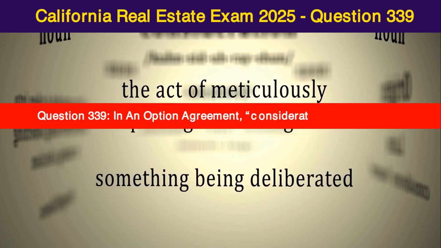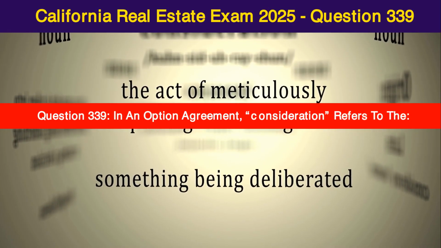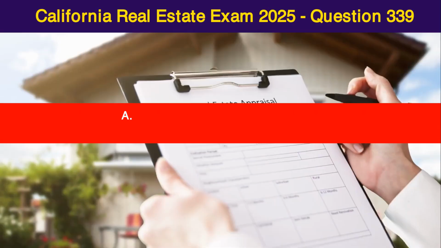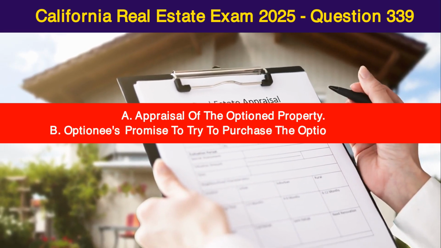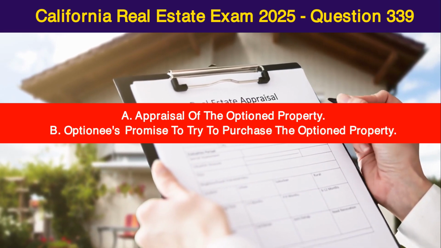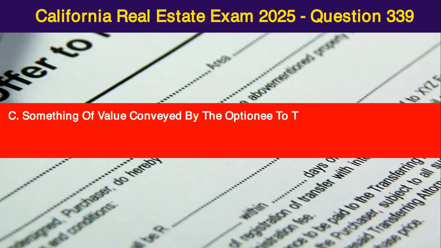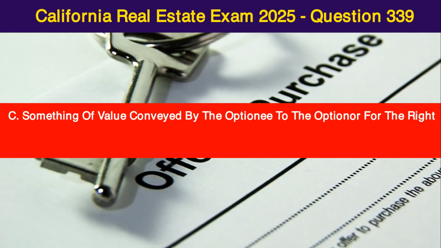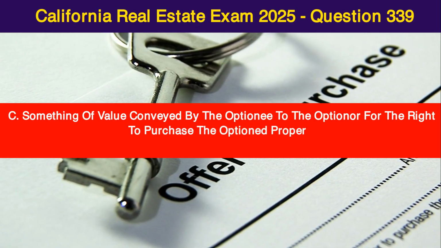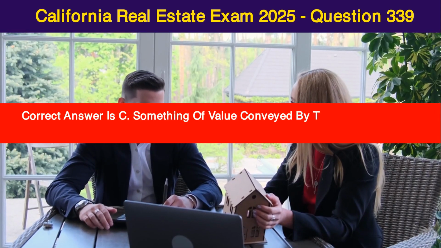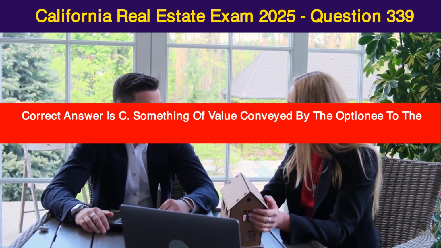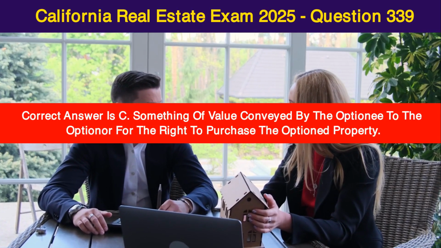Question 339. In an option agreement, consideration refers to the: A. Appraisal of the optioned property, B. Optionee's promise to try to purchase the optioned property, C. Something of value conveyed by the optionee to the optioner for the right to purchase the optioned property, D. Past services rendered by the optionee to the optioner. Correct answer is C. Something of value conveyed by the optionee to the optioner for the right to purchase the